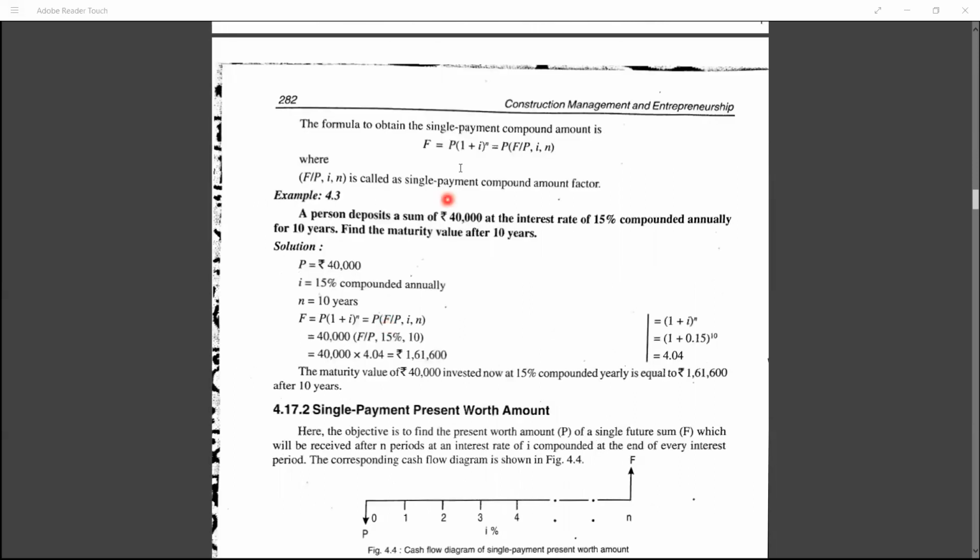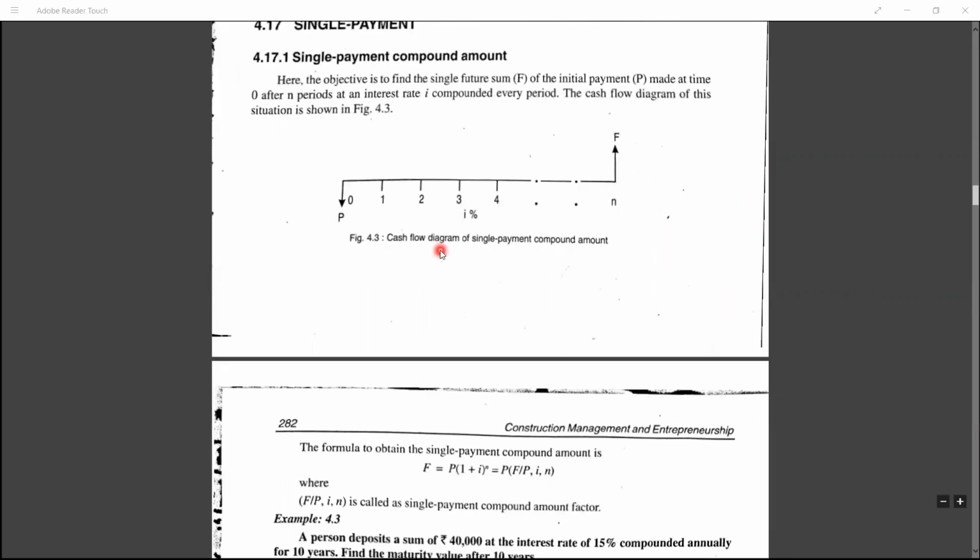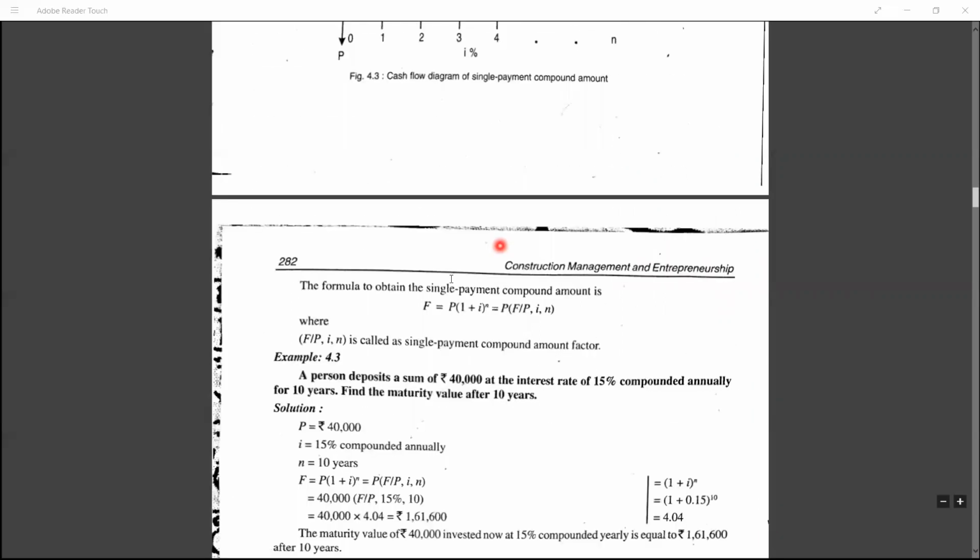See, the formula for this is F = P(1 + i)^n. See, all formulas you write on a single sheet of paper so you can remember them, because it might confuse you. Simple interest, compound interest, you are already coming up with the number of years you are calculating it. That may not trouble you much, but calculating this part may take some time, because single payment amount and double payment amount may take some time.